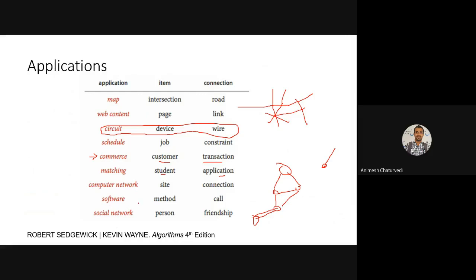Then the software applications, like there are various methods in a class, or methods possible in the software packages. So method 1 is calling method 2, method 3 is calling method 4. Methods could also be called procedures or functions. So function 1 is calling function 4, 4 is calling function 8, function 8 is calling function 1 again. There is a cycle, and how to optimize all these things could also be applied in software.